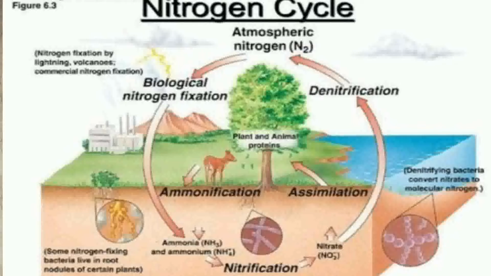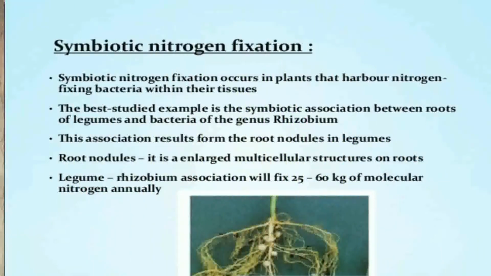There are various types of nitrogen fixation, and the most important is the symbiotic nitrogen fixation. Symbiotic nitrogen fixation occurs in the plants that harbor nitrogen fixing bacteria in their tissues. Several types of symbiotic biological nitrogen fixation associations are found. The most prominent among them is the legume bacteria relationship. Species of rod-shaped